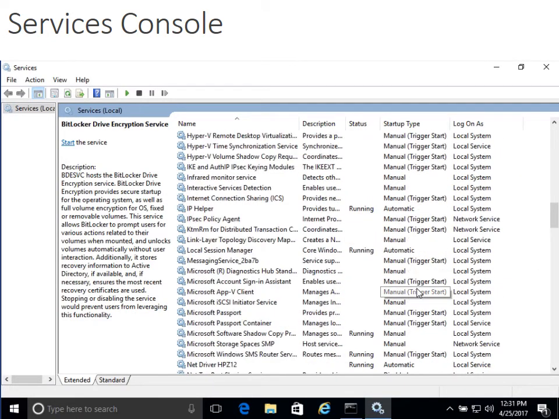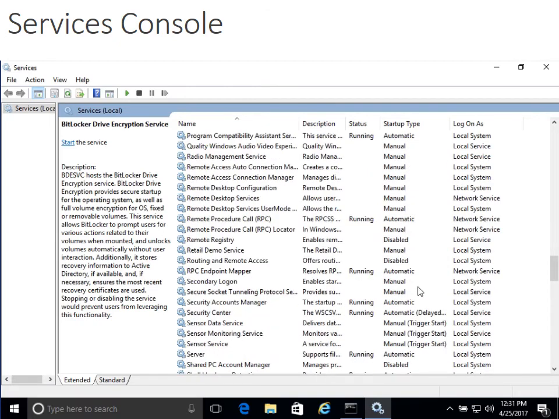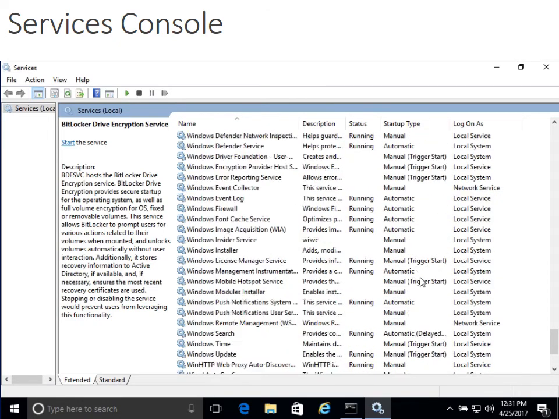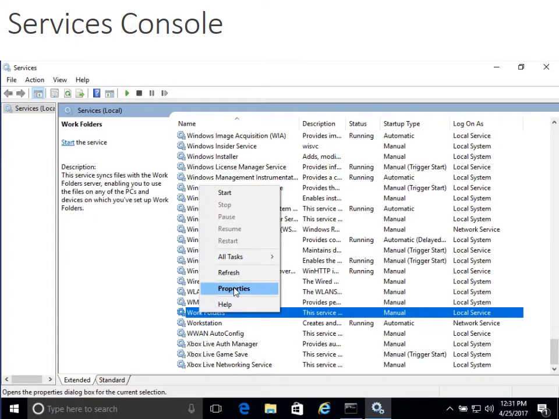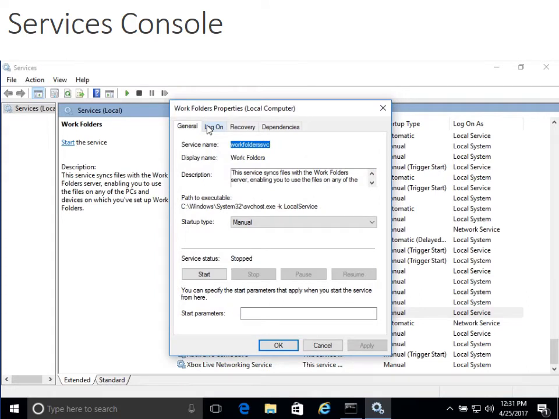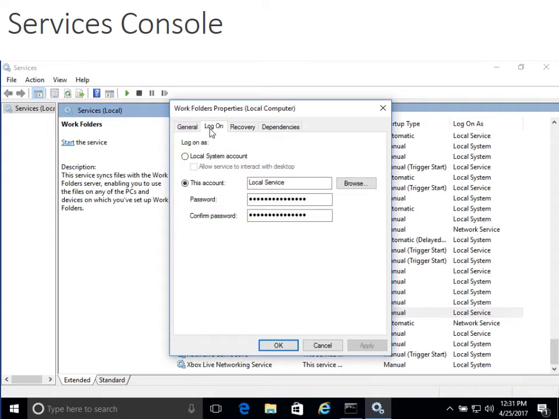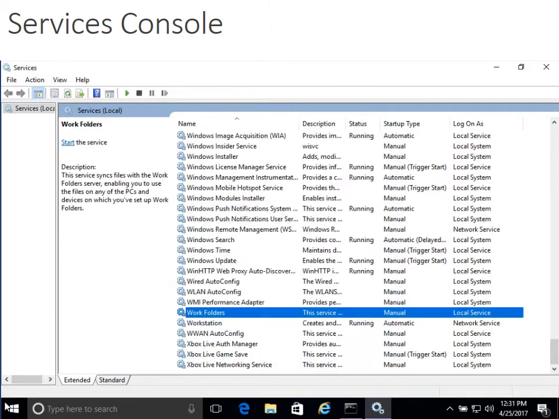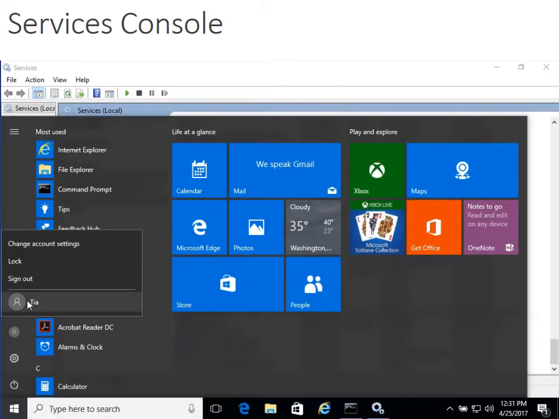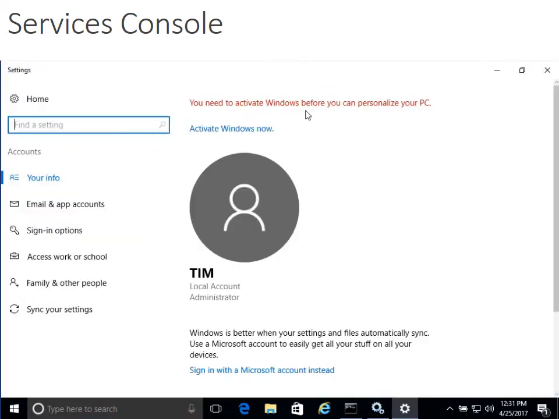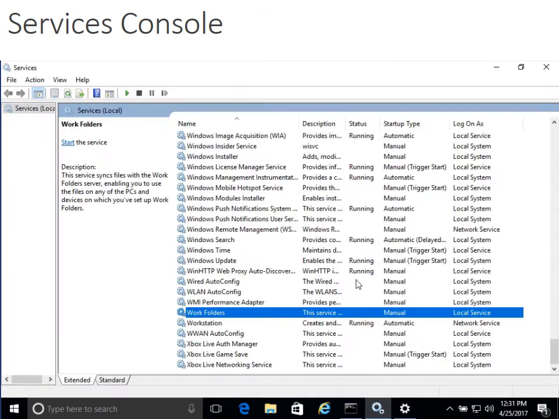But let's say we had a service that we only wanted to run within the context of the user account that we have. We could do that as well simply by right-clicking the service, clicking Properties, and then going to Log On, and then selecting a specific account. So if I wanted this Work Folders service to run only under my security context, we're running under my account here, Tim, which is a local administrator,